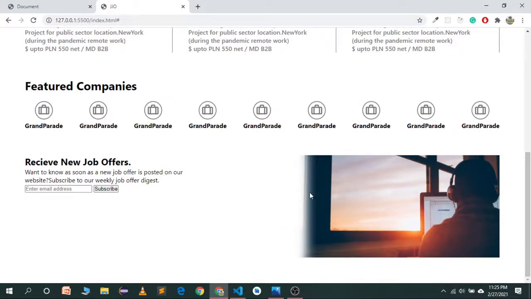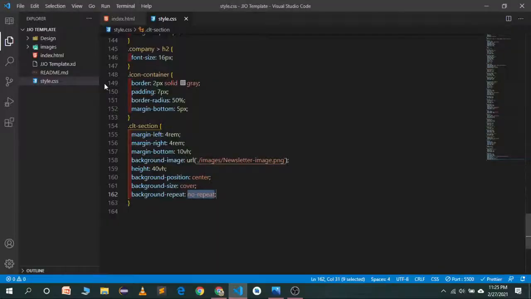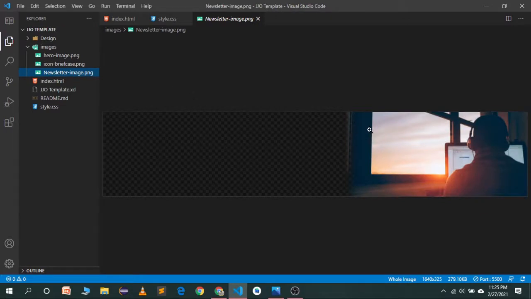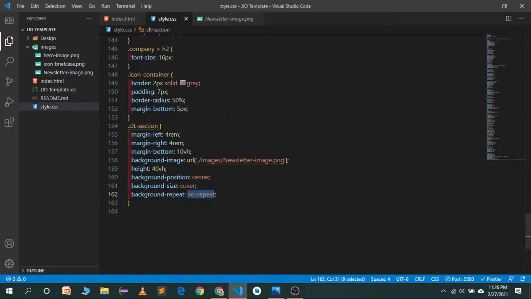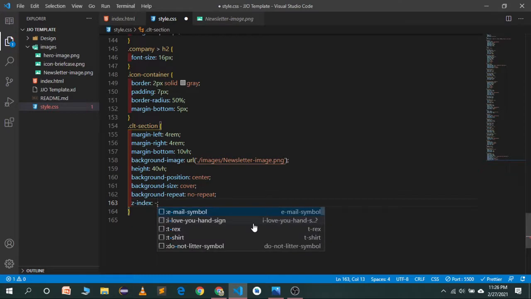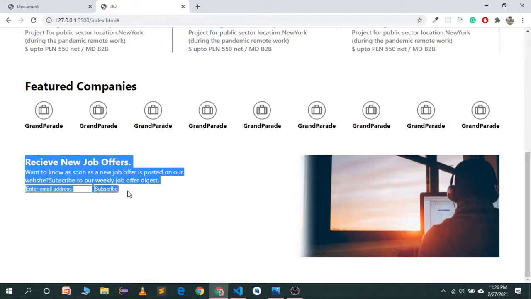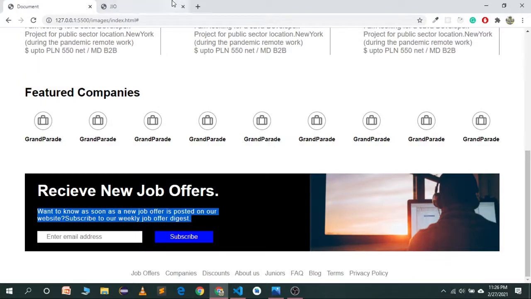We want it to have a z index of -1 because this image is going the whole way. Here it has a color of white, so I will show you as I click the image. This is the image that we are seeing, and here is a blank image which is behind the text. Now we'll set the z index to -1. So in the demo we want a black color for this.